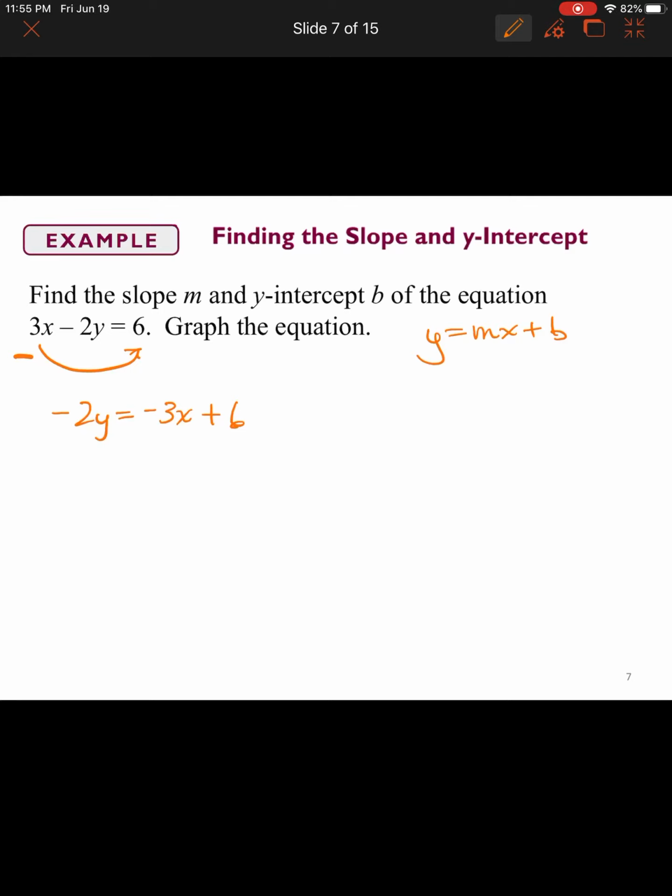We need to get rid of this negative 2 from this side by dividing every single term by negative 2. So we have y equals 3/2 x minus 3. Y equals 3/2 x minus 3. Now remember, we said the slope will always be the coefficient of the variable x. So the slope is 3/2,